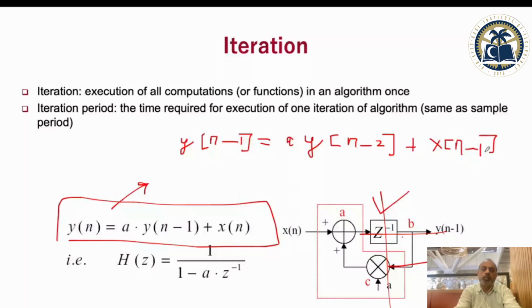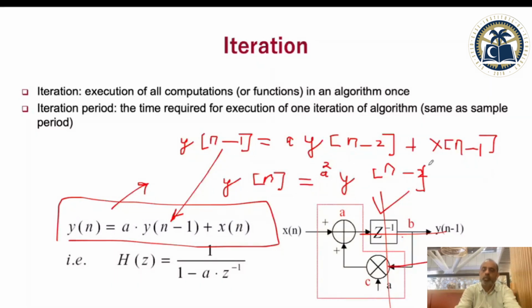Now what you do is you put this value of x of n minus 1 in here. If you do that, now your y of n will have two registers in this equation, because now it depends upon y of n minus 2. Once you put this here, a gets multiplied with a, you get a square, and you get y of n minus 2 plus a x of